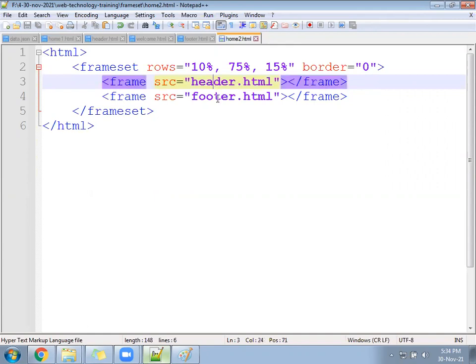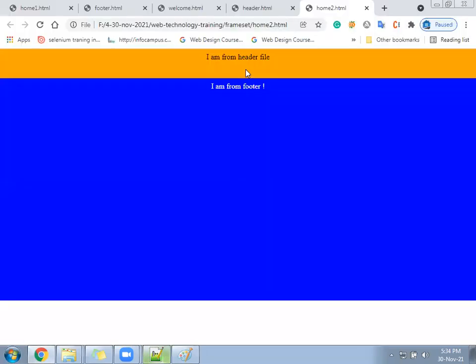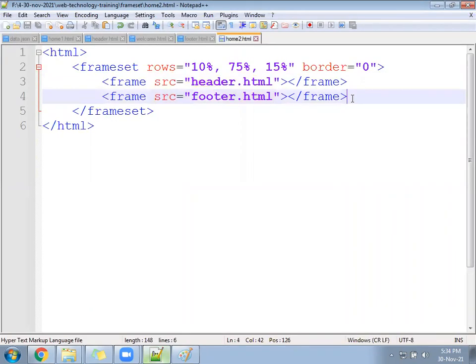Okay, so header you wrote, footer you wrote. Check now where it is coming. Header and footer. Header on the top and footer where? Second. So now footer is coming in how much area? Footer is now covering 75% area. Okay, because it will follow the sequence. Header will go to the 10%. Footer will go to the 75. Last 15% is empty.